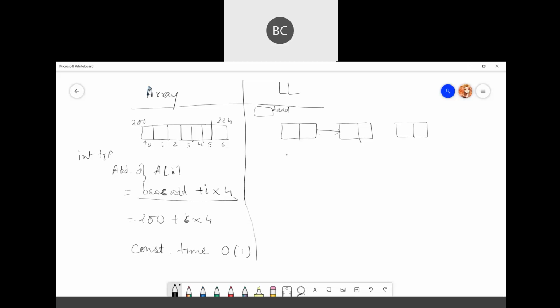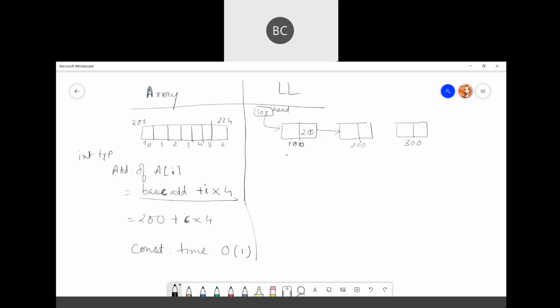We start anything from the head pointer only, because only the head pointer contains the address of the first node. So to reach the second or third node, we have to go through the first node, because in the first node only you will get the information about the second node.